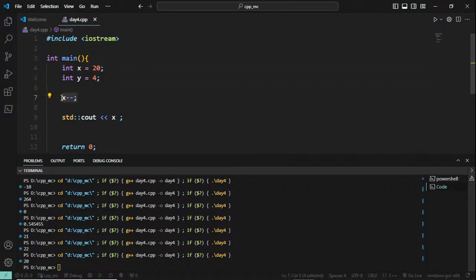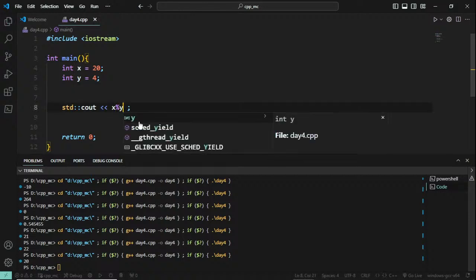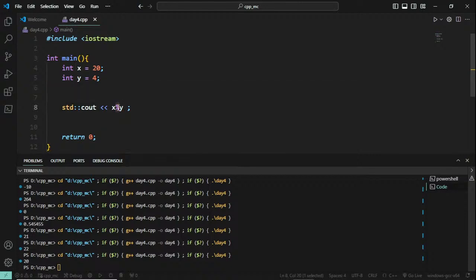Okay, and we have an operator which is the modulus symbol. What is the value of x modulus y? What this modulus operator will do is it will try to divide. For example, x is 20. If you divide that by 4, what is the remainder you get? It is evenly divisible, so the output you will be getting is 0. Okay, so in the output I will be getting 0, and the reason why I am getting 0 is, let